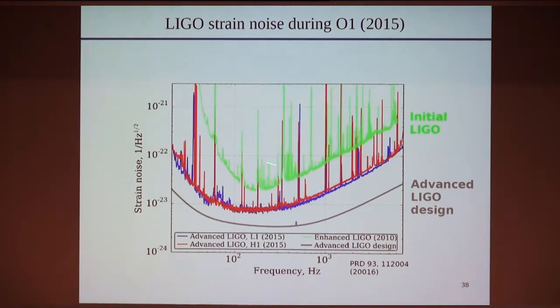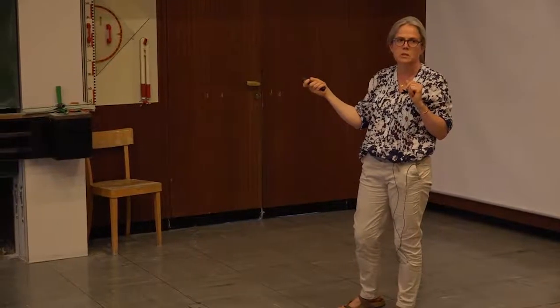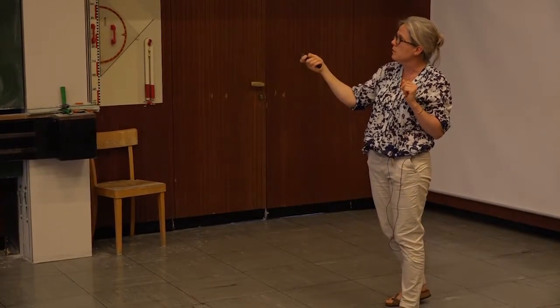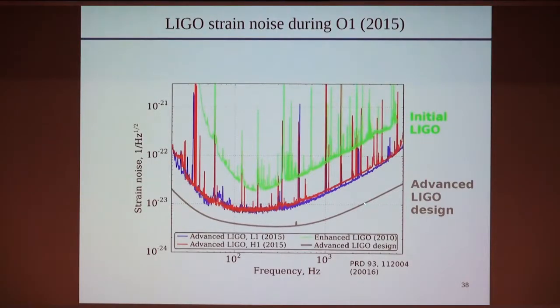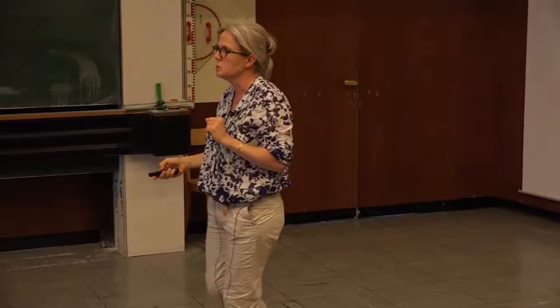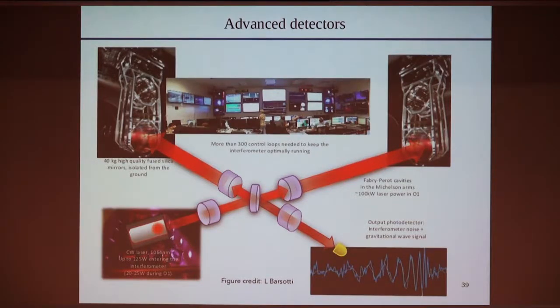And the design sensitivity was foreseen. The point was not to start with the design sensitivity. The design sensitivity should be reached around 2020, in 3 years from now. But believe me, to go from here to there, it's not easy. It was in some sense quite easy to go from here to there, but the last bits are not so easy to reach. So, some pictures of the detector.